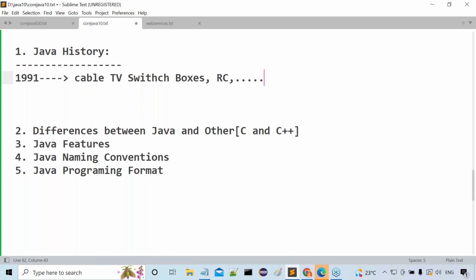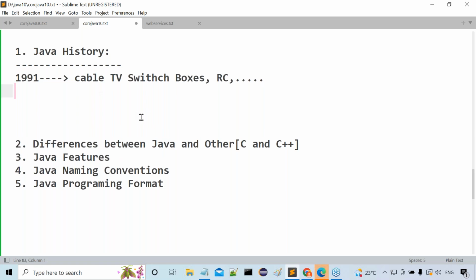Think of it, we are all at 1991. In 1991, Sun Microsystems has a requirement to prepare a new programming language. To prepare this new programming language, Sun Microsystems started a project.